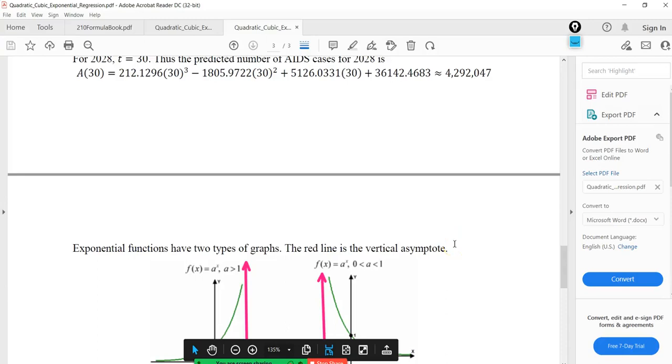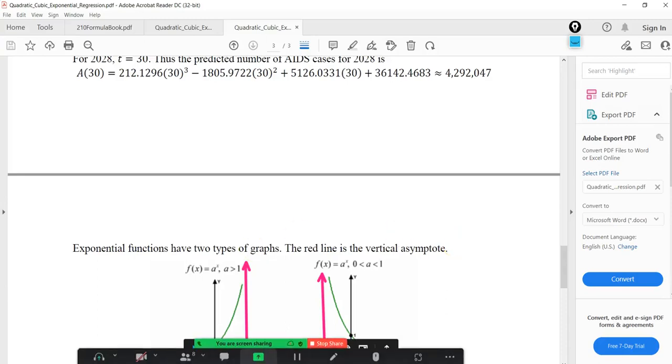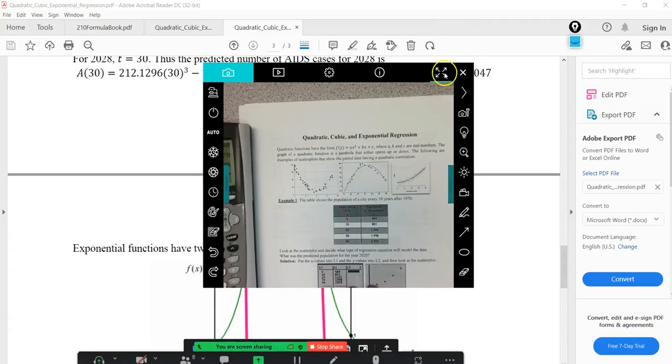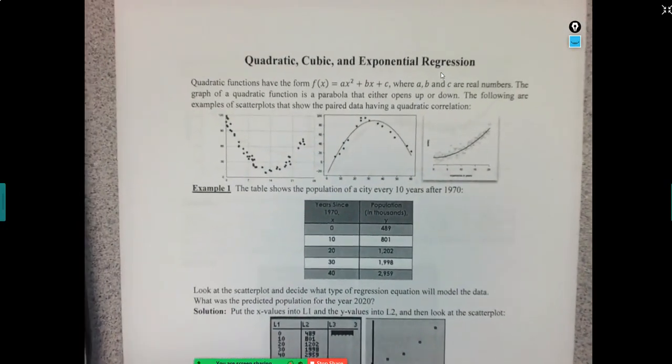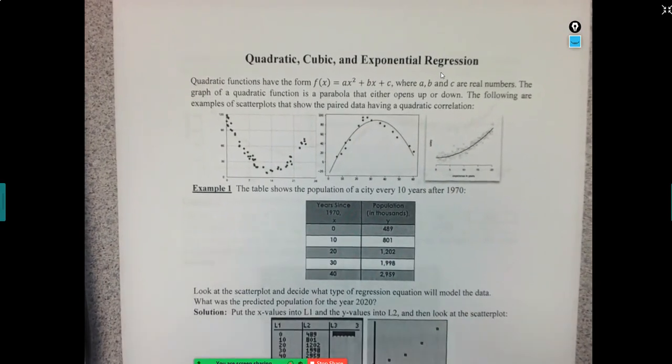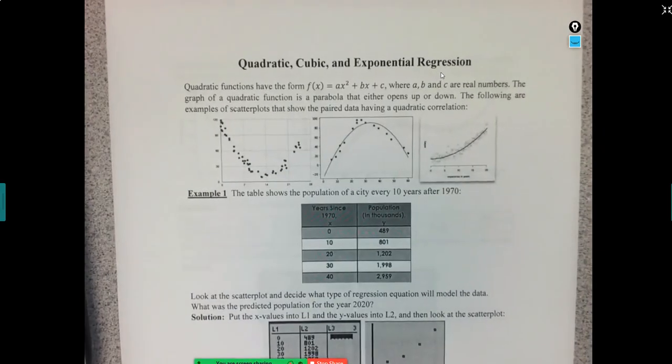Canvas. Okay, so it's recording now. And so what I'm going to do is I'm going to get out of here. And I have an actual printout of that help sheet. Okay, so